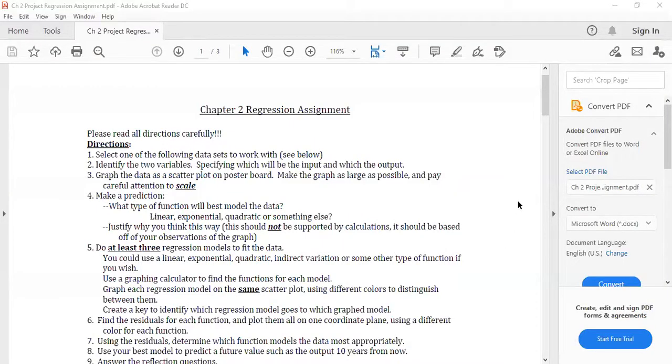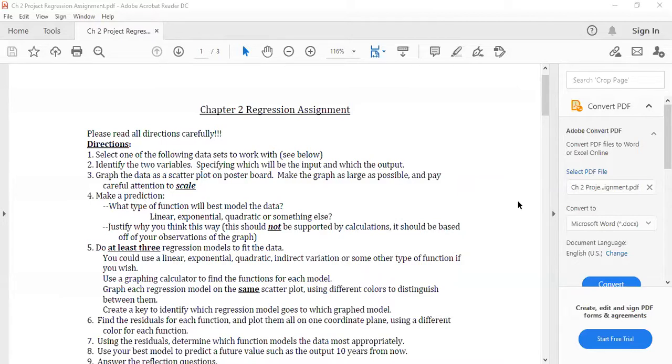All right, so we're talking about our chapter 2 regression assignment. This is pretty much your end of chapter project, and it's going to be worth about 50 points, I believe. It's pretty much going to be your test for chapter 2. And as I mentioned, this is going to be due by Sunday midnight,